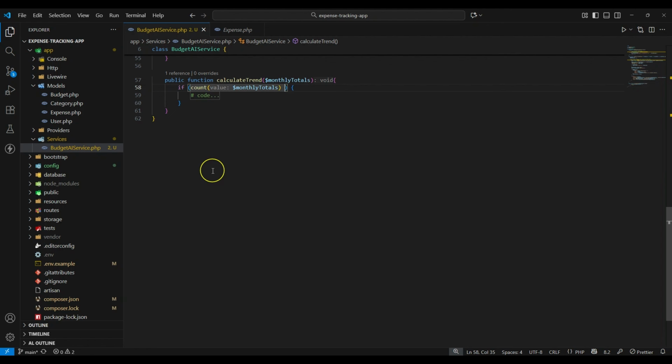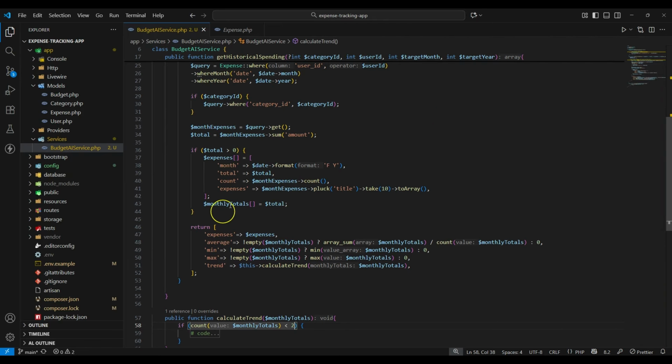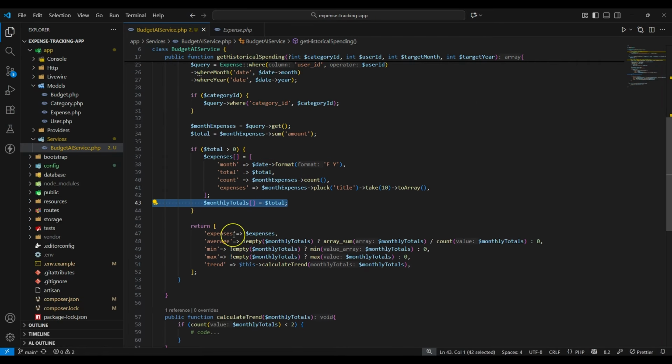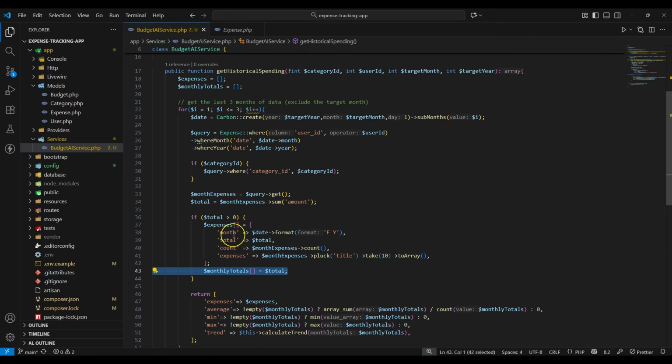If the count is less than 2, meaning we don't have at least 2 months of history here,